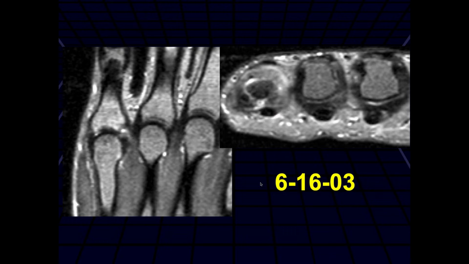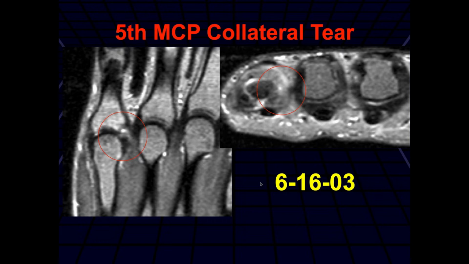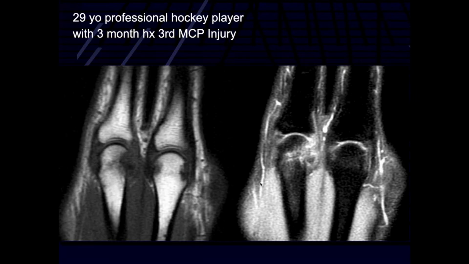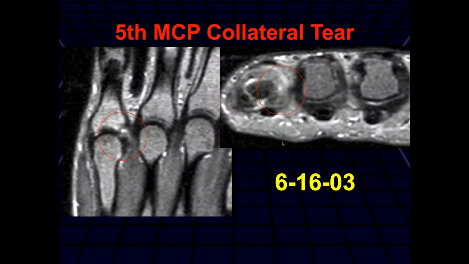Looking at the volar. This is about a 50-year-old female who caught her little finger and had pain at the fifth metacarpophalangeal base. I'm seeing just a focal area of increased signal at the volar aspect of that. And yeah, also radial aspect. Okay, that was on 6/16/03. Here we can see, I don't know about, like, oops, 8 months later. Right, it healed, or yeah. So in this particular case,